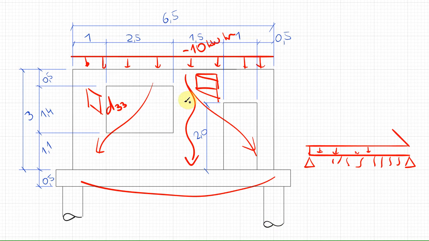What can we do? We have three possibilities. The first one is to reduce the shear modulus, maybe to 0 or to a very small value. If we do it, what happens?